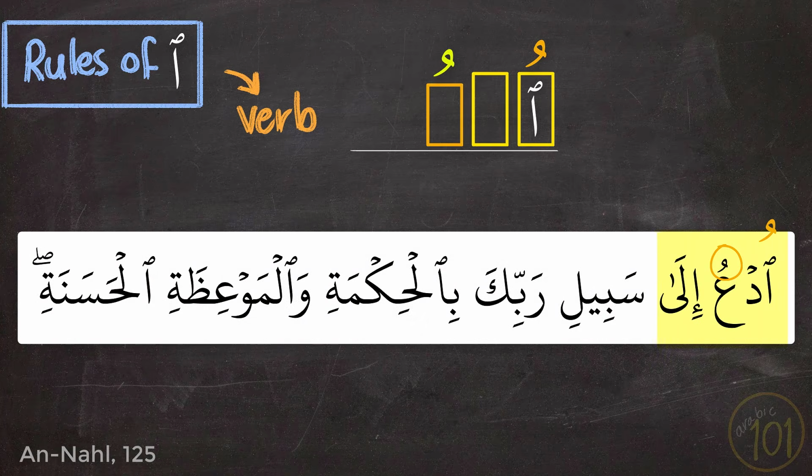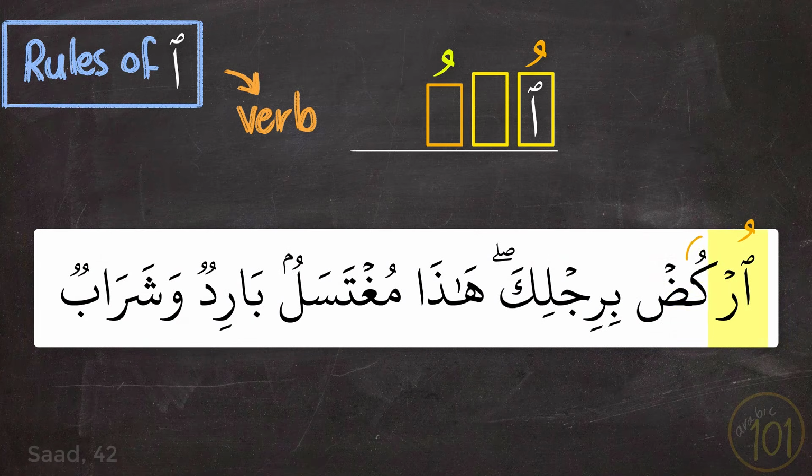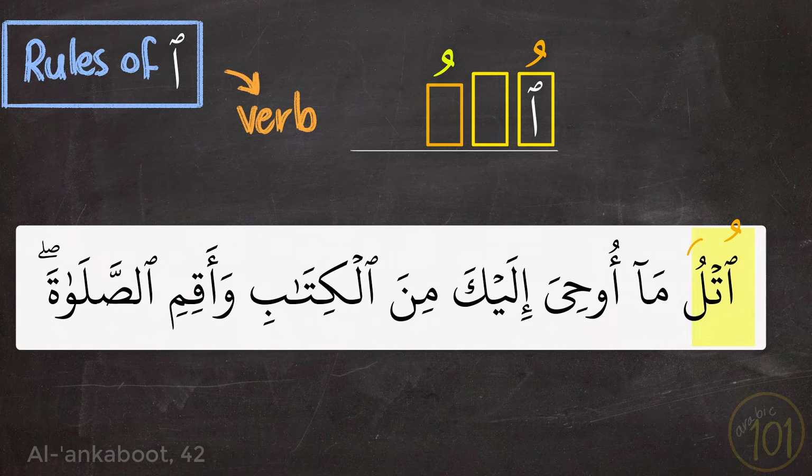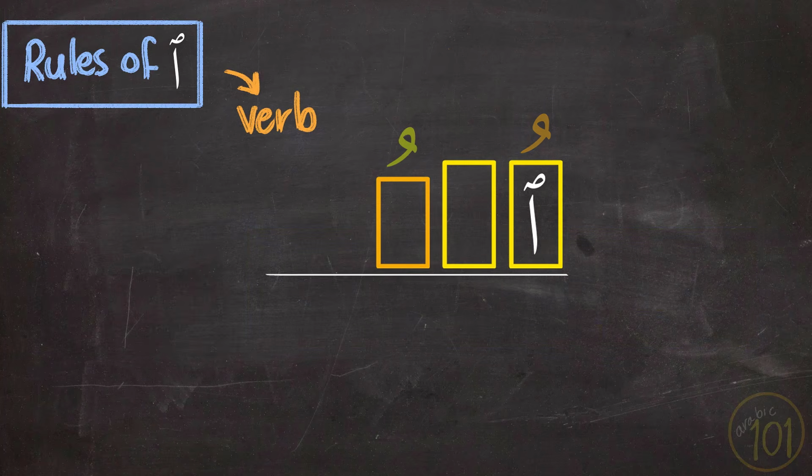ادع إلى سبيل ربك بالحكمة والموعظة الحسنة اركض برجلك أتل ما أوحي إليك من الكتاب. But if the third letter has kasra or fatha, so basically any other case, then hamzat al-wasl would receive